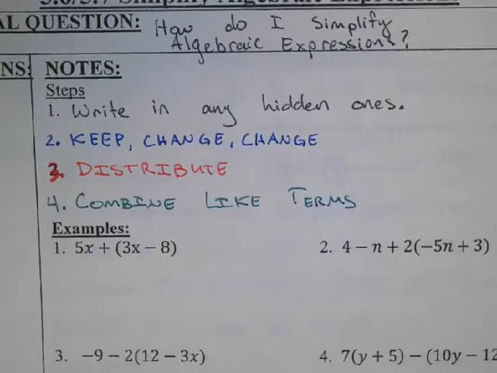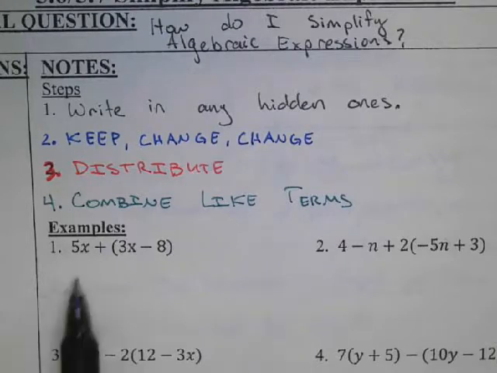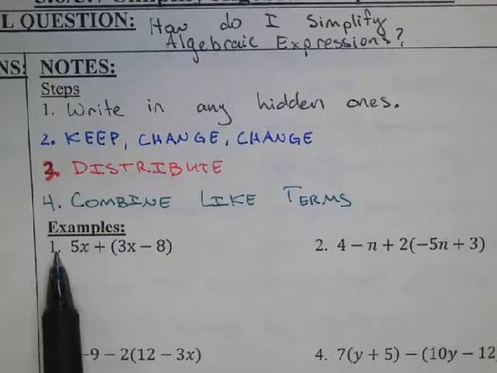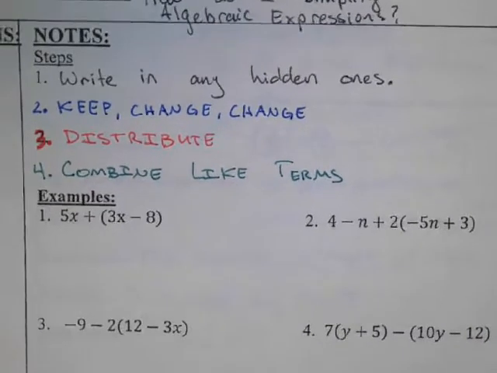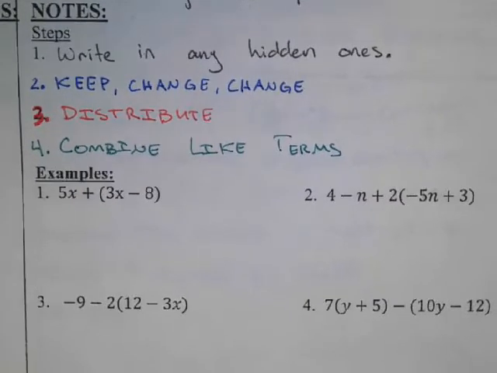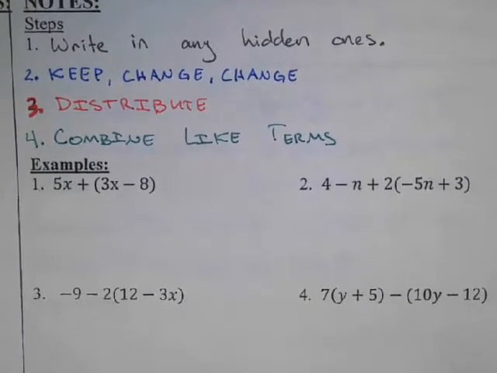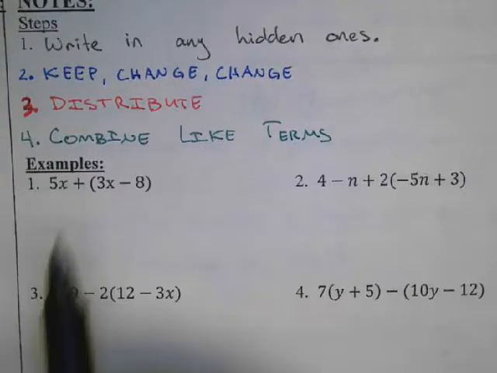So let's go ahead and look at this. We'll just do a couple examples. I think all you really need to be able to survive this as far as reference is number 1 and number 4. And then I'll have you do a few on your own. So let's look at number 1. Number 1 and number 4 I think is all we'll really need. We'll do an easy one and then a more difficult one, and that'll be it. Okay, so